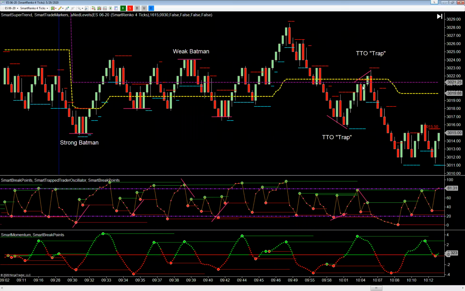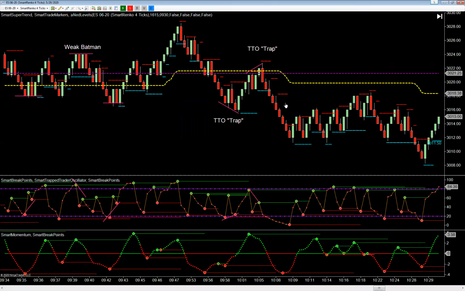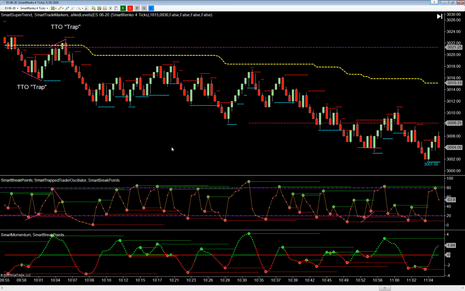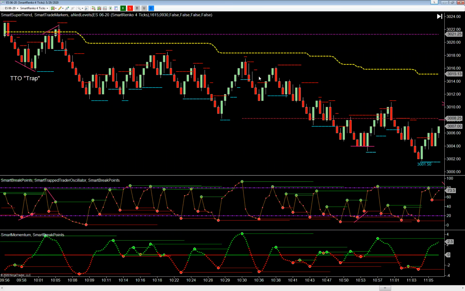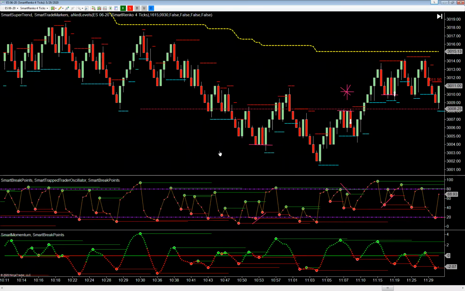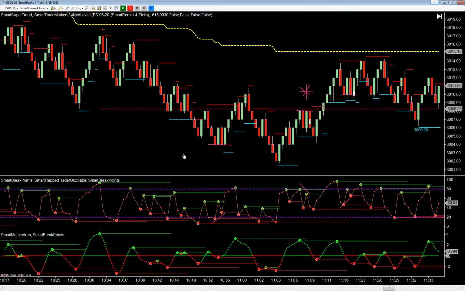But here we have, again, the same situation: a single bar, fake out, breakout. Trapped Trader Oscillator is saying that although price is higher than here, order flow is down, and we sell that, and of course, down we go. Okay, so we've got a lot of signals in here from other things. Trapped Trader Oscillator certainly has given us some sell signs here in this nice downtrend, but we don't have traps and we don't have Batmans,